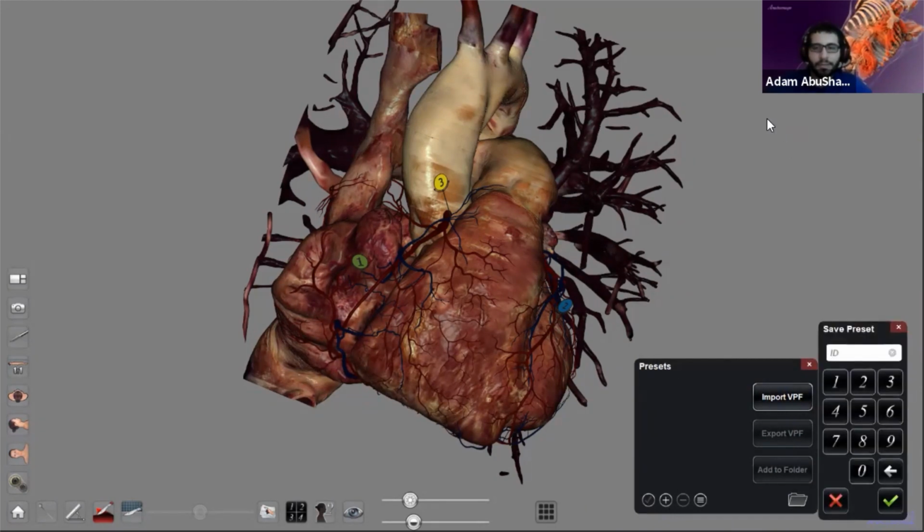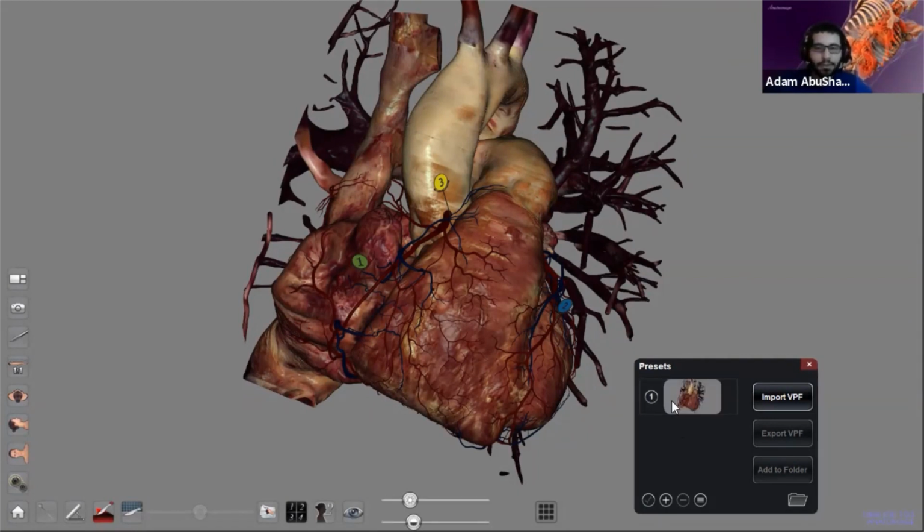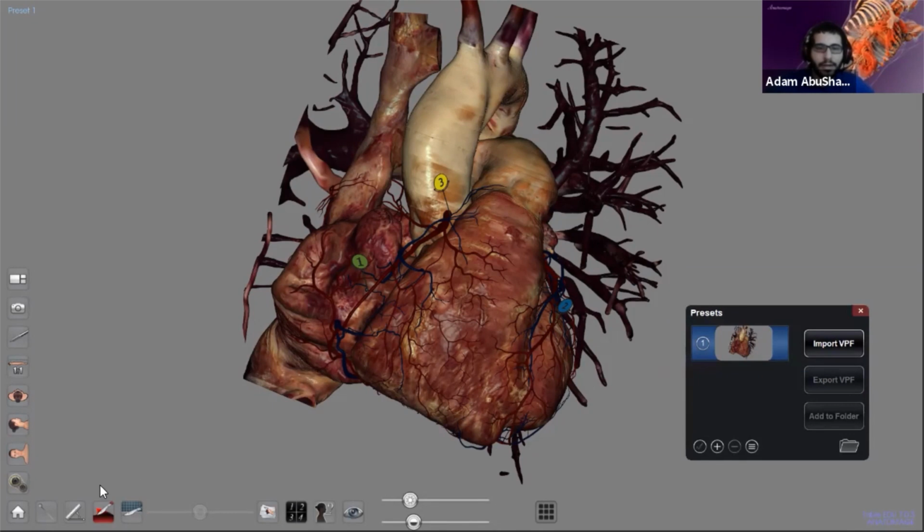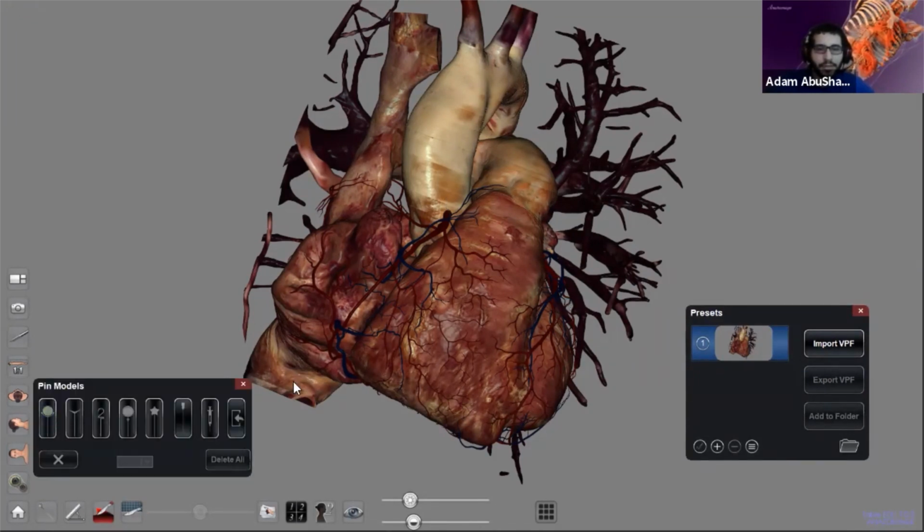You'll be prompted with a save preset menu, and you can name the preset. I'll just name it 1, and there we go. So I'm able to click on the image itself or click on the 1, and we'll see the distinction between those later. So I'll go ahead and clear my pins by pressing delete all in the pin menu,